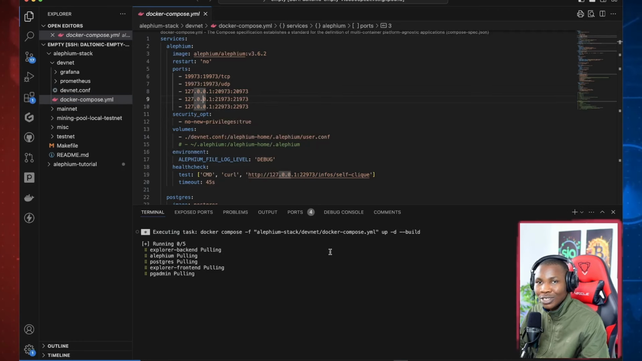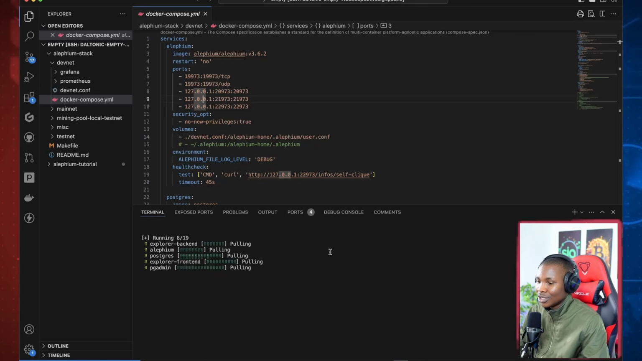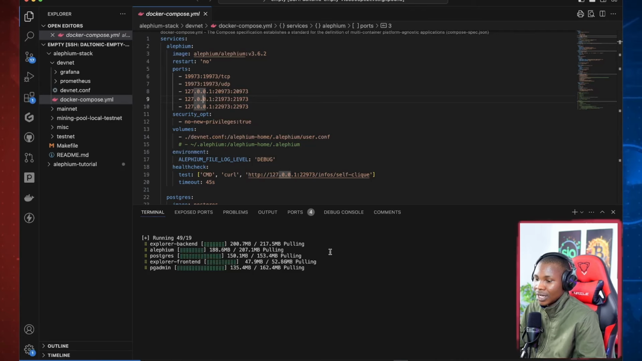You see, I didn't need to do much. You see, this is being pulled from the various images where they are on Docker. So it's being pulled and it's going to be done. And once it's done, you can move on. The cool thing is that this whole